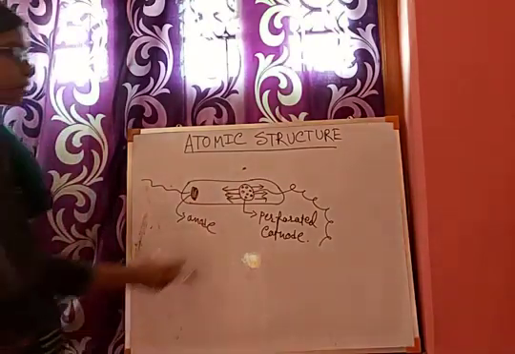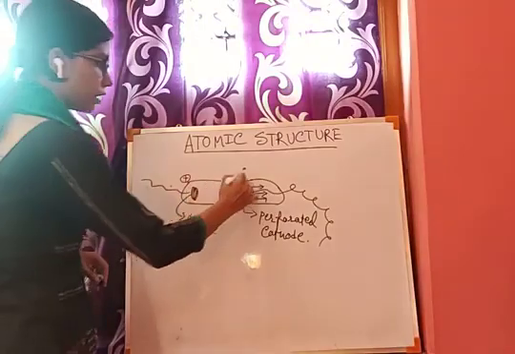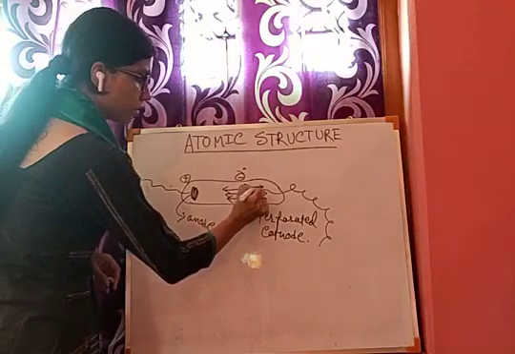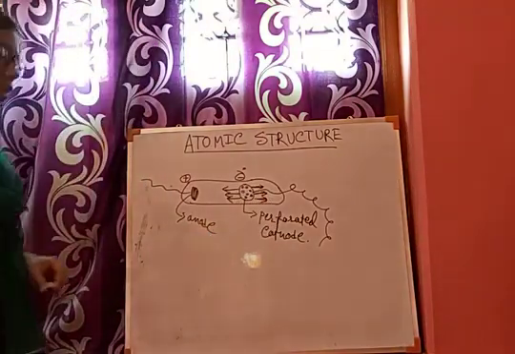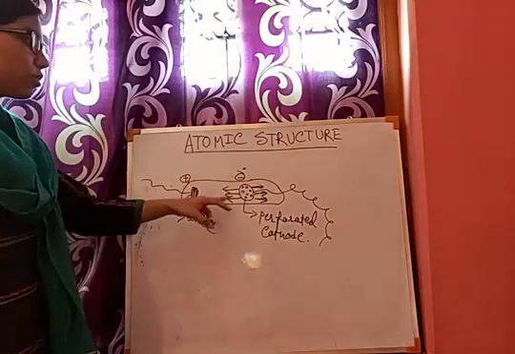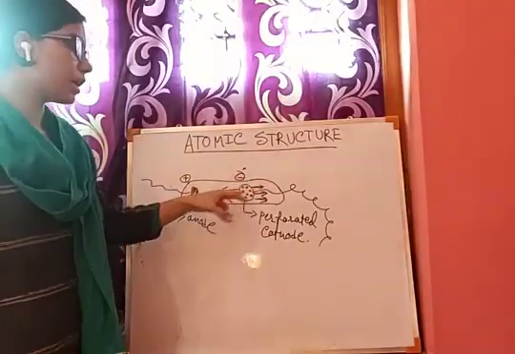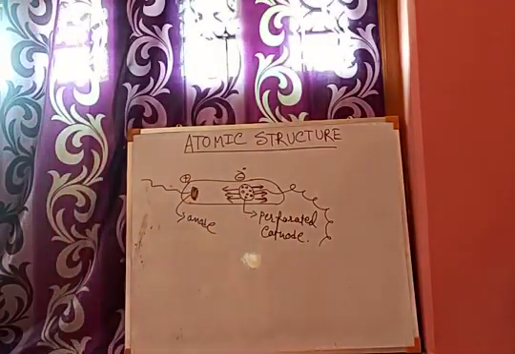So we can also say that they are going to the negatively charged plate, from the positively charged plate. If cathode rays are negatively charged, the rays that are going in the opposite direction of the cathode rays must be positively charged. It is expected.